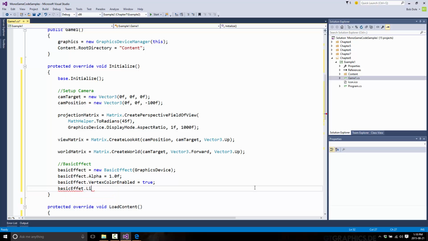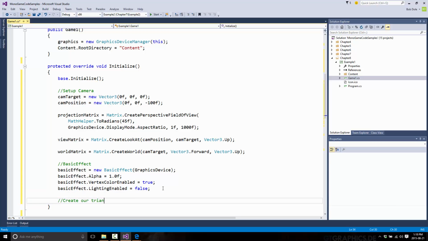Dot lighting, because there's actually a simple primitive lighting system built into the basic shader, but we're not using it. We'll use it later on, don't worry. But in this case, we'll turn it off because, as I said earlier, our shape is not actually going to have any normal information, and that is required for proper lighting. And finally,